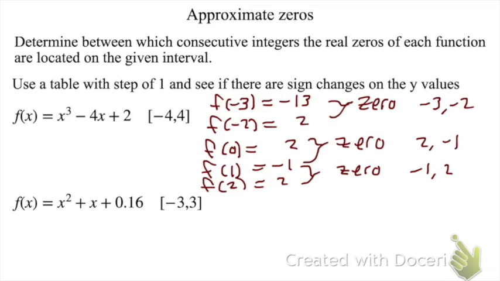Last one we have is x squared plus x plus 0.16. If you pull up a table on this, you won't find any place where the sign changes. There are no sign changes. But since we have no sign changes on a table, we should still graph it, because there could be some place where it's dipping or touching the x-axis between two integers. The one we did previously, we had sign changes between the integers, we could see it. This one we're not seeing anything, so graph